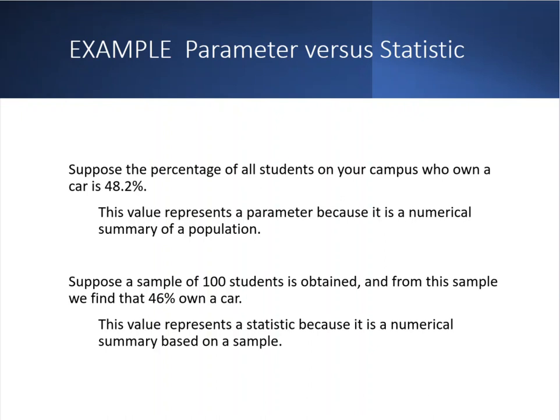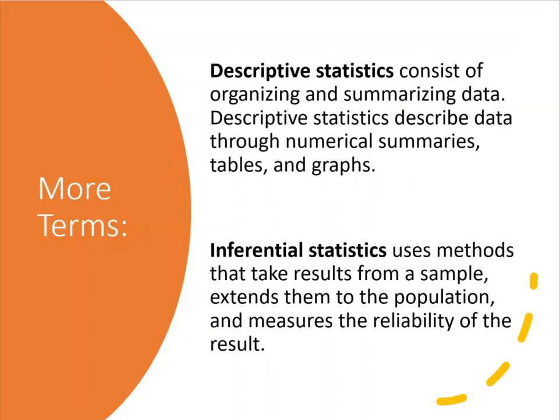The other type of statistics that we're going to look at towards the latter part of this course is what's called inferential statistics. In inferential statistics, we take that information that we have collected from the descriptive part, and we are able to make some sort of inference onto the larger population, and we do that with some sort of reliability for the result. So we have descriptive statistics, which we are going to use during the first, say, third of the class, and then we will talk about inferential statistics during the last third of the class.